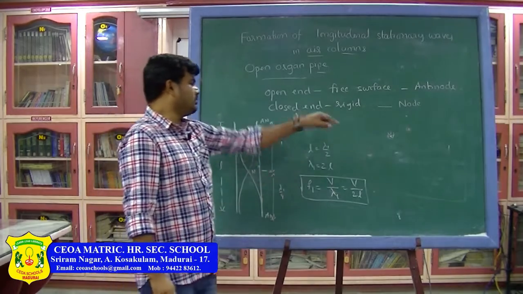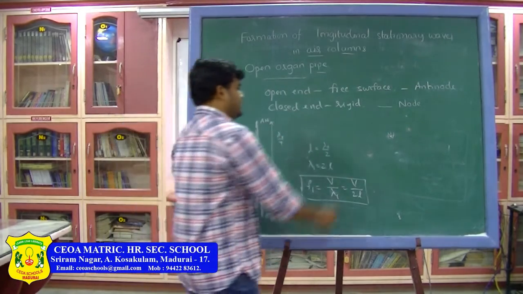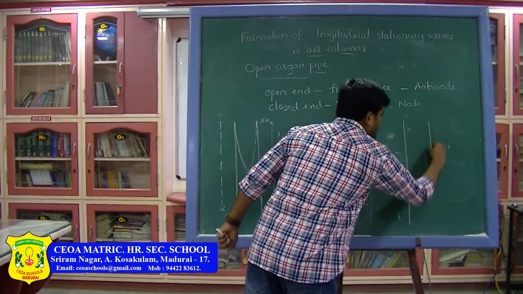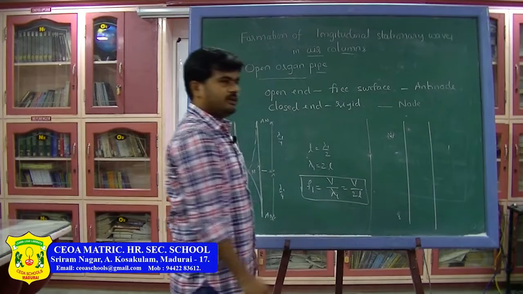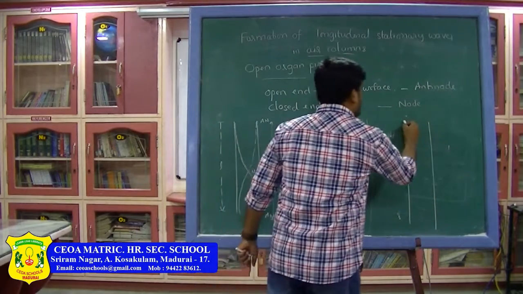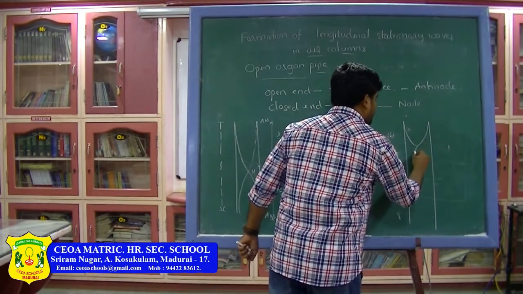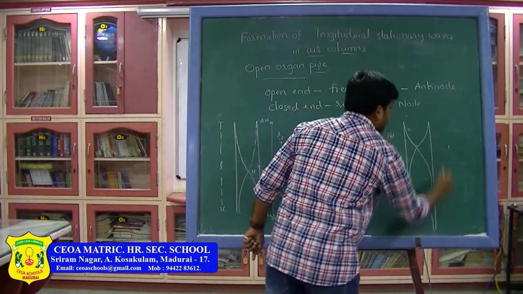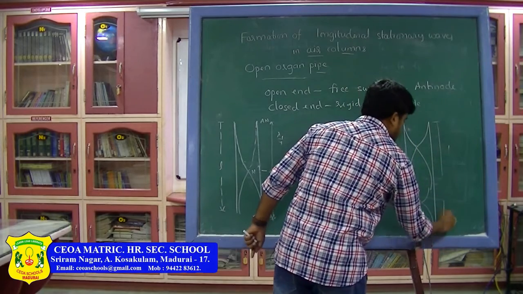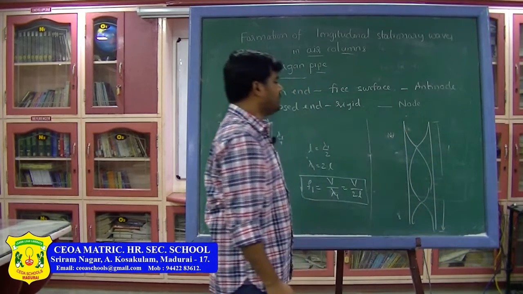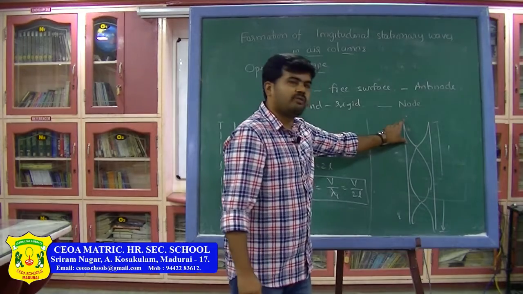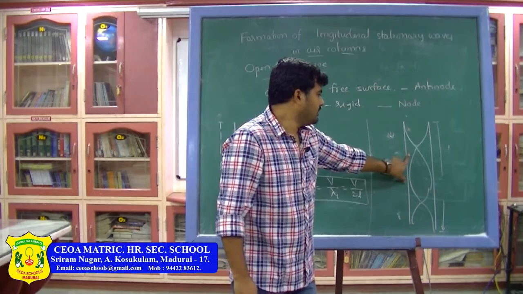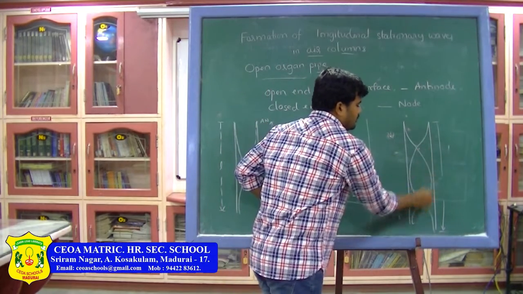Similarly, let us go to the next mode of vibration, the second mode. In its second mode, the air column in the open pipe will vibrate with antinodes at the open ends and one complete stationary wave in the middle, like this. In this case, the total length of the air column L is vibrating with lambda by 4 and again lambda by 4, which will be lambda by 2, and this is the distance from this node to this node, lambda by 2.